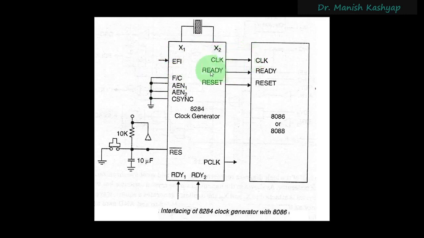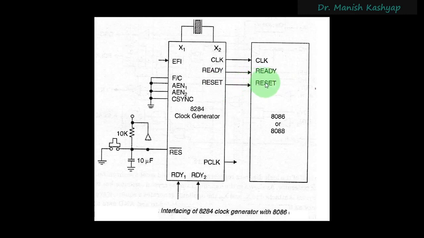So this clock is of use, ready signal is of use, and now we know that ready signal is not at the same frequency as this crystal oscillator. It is at divide by 4. Then the reset signal is also there, which is connected through a Schmitt trigger and then a D flip-flop, and that is why it is the edge triggered signal.